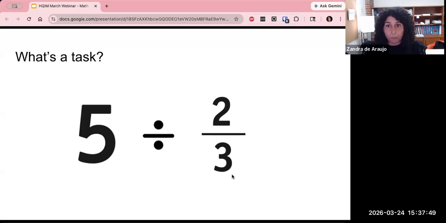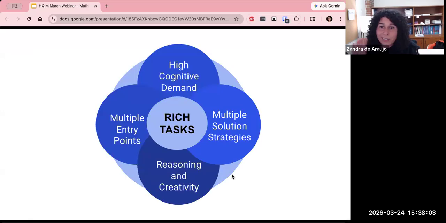It serves a different purpose. So if you think about the strands of math proficiency, this is definitely more aligned with a computational procedural task, but we can do a lot to enhance it. And that's some of what we're going to talk about today. So a task is just a segment of classroom activity. It's like a problem or a set of problems that cohere around some topic. What we're really going to talk about today, and what I talked about last time a little bit, is that